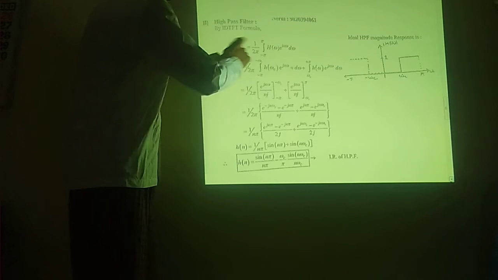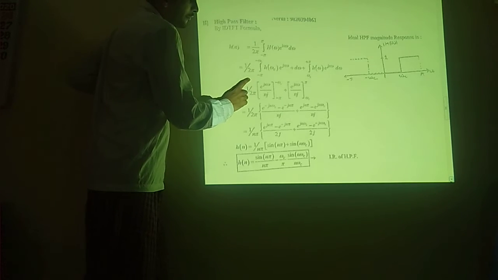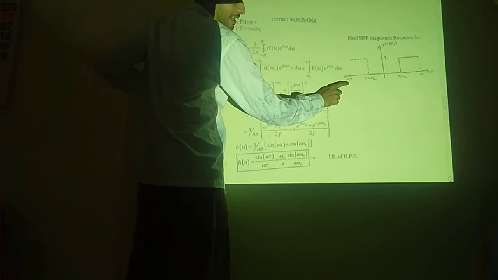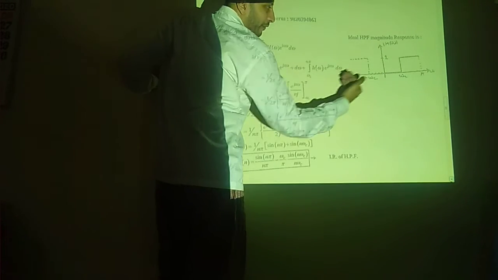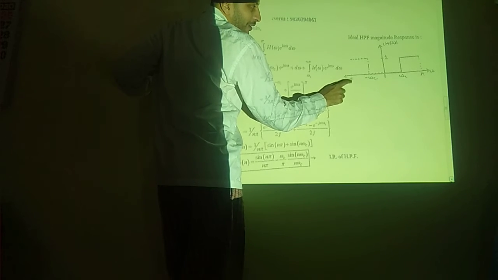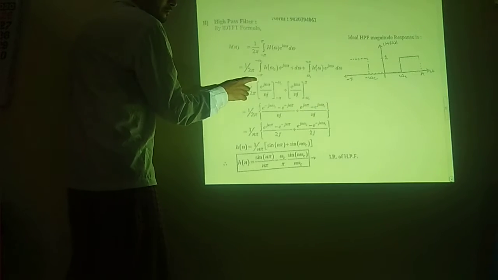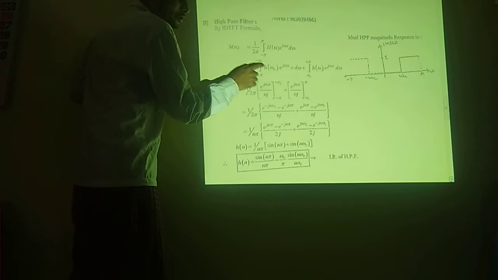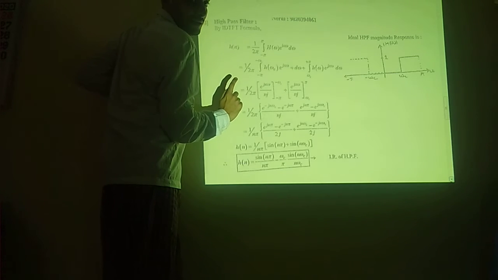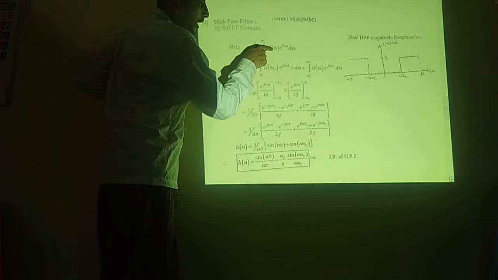Okay, so we have got this formula 1 upon 2 pi integration from minus pi to minus omega c. Can you see? The signal is aligned, we have got a replica of the same signal. Okay, the signal is aligned from minus pi. You cannot see the dotted line over here, I have not made the dotted line, please consider this as the dotted line. So minus pi to minus omega c. So first limit will be from minus pi to minus omega c, H of omega e raised to j omega n. Okay, this is the formula for IDTFT.